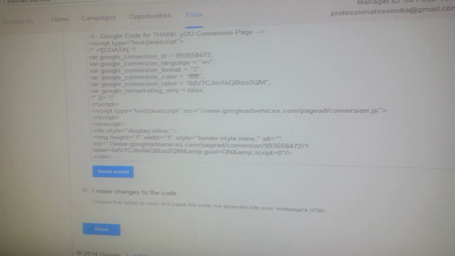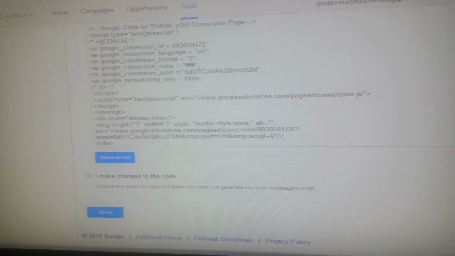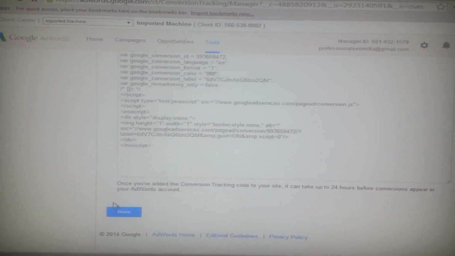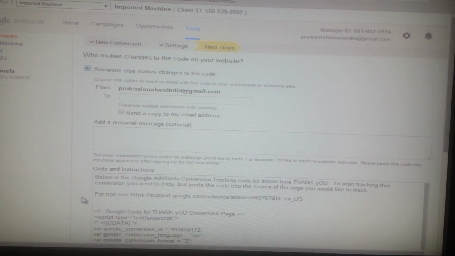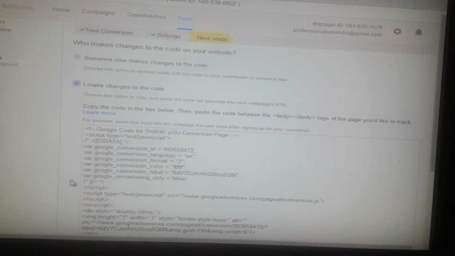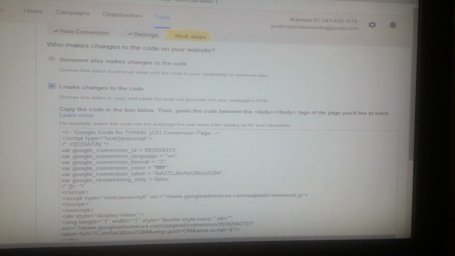Click on Send Mail. If you choose I make changes to the code, a window will open up below with your code snippet. Copy it and you will be ready for the next step.